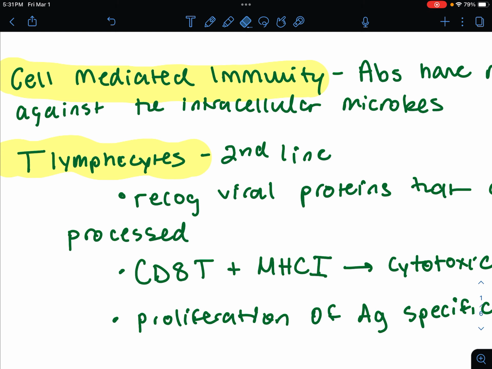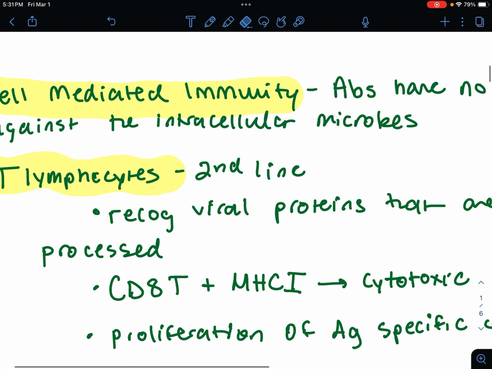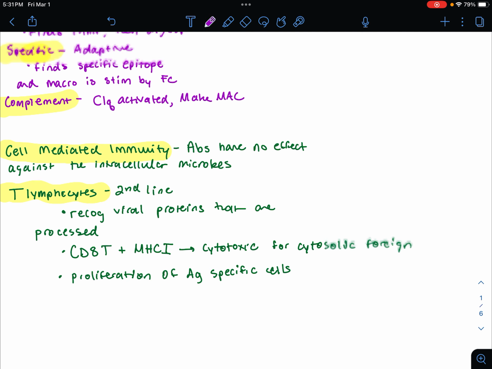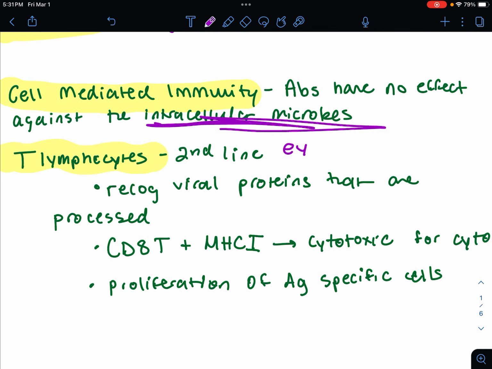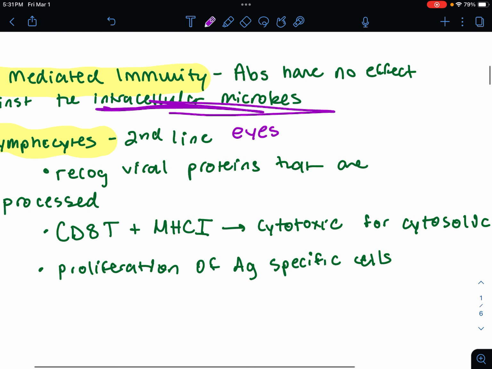Let's talk about cell-mediated immunity next. The antibodies have no effect against microbes inside the host cells, so no effect against the intracellular microbes. The T lymphocytes, therefore, are the next line of defense. These are kind of the eyes inside the cells to see what's going on, if there's any intracellular pathogen. The T lymphocytes are going to recognize the viral proteins or the antigens on the surface of cells infected by